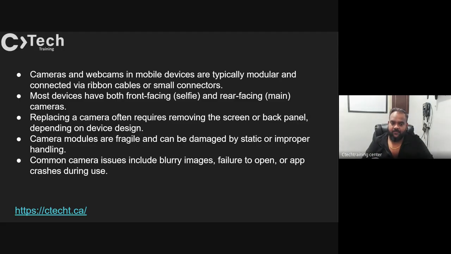Camera modules are fragile and can be damaged by static or improper handling. And these laptop ones are like a thin board itself, okay? So you have to be careful when you handle them, because even when I was young, when I was doing some replacement, and I did have A+ before, this was so thin that when I tried to put it in, I actually snapped it in half. And these look literally like, I'll show you,